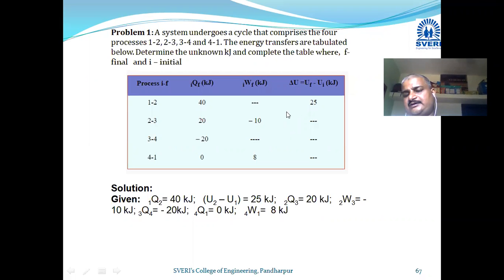How to solve this problem? When you look at this table, you will be surprised and under the impression that it is difficult to find these values. But this is a very simple form of example, and we will see how to solve it. ये बहुत सिंपल फॉर्म है और एक ही फॉर्मूला यूज करके हमें ये सारे जो अननोन नंबर्स हैं वो निकालने हैं. Let us see how to solve this problem.